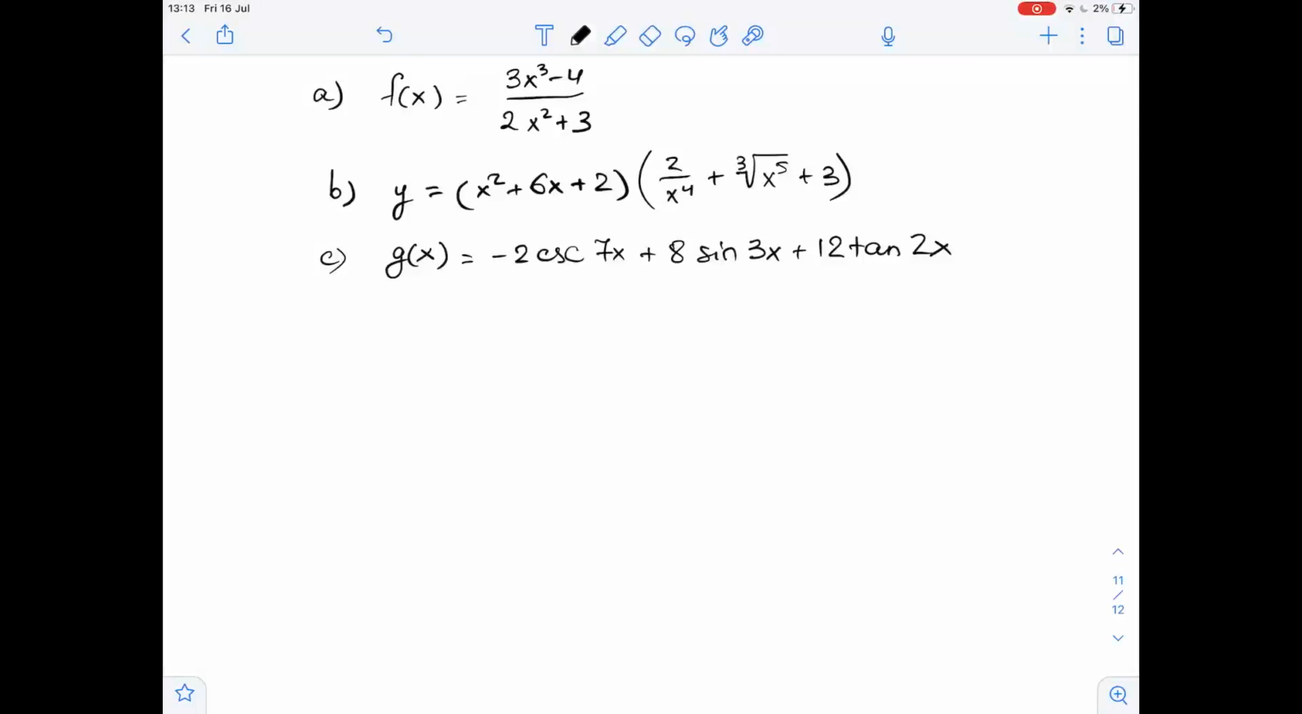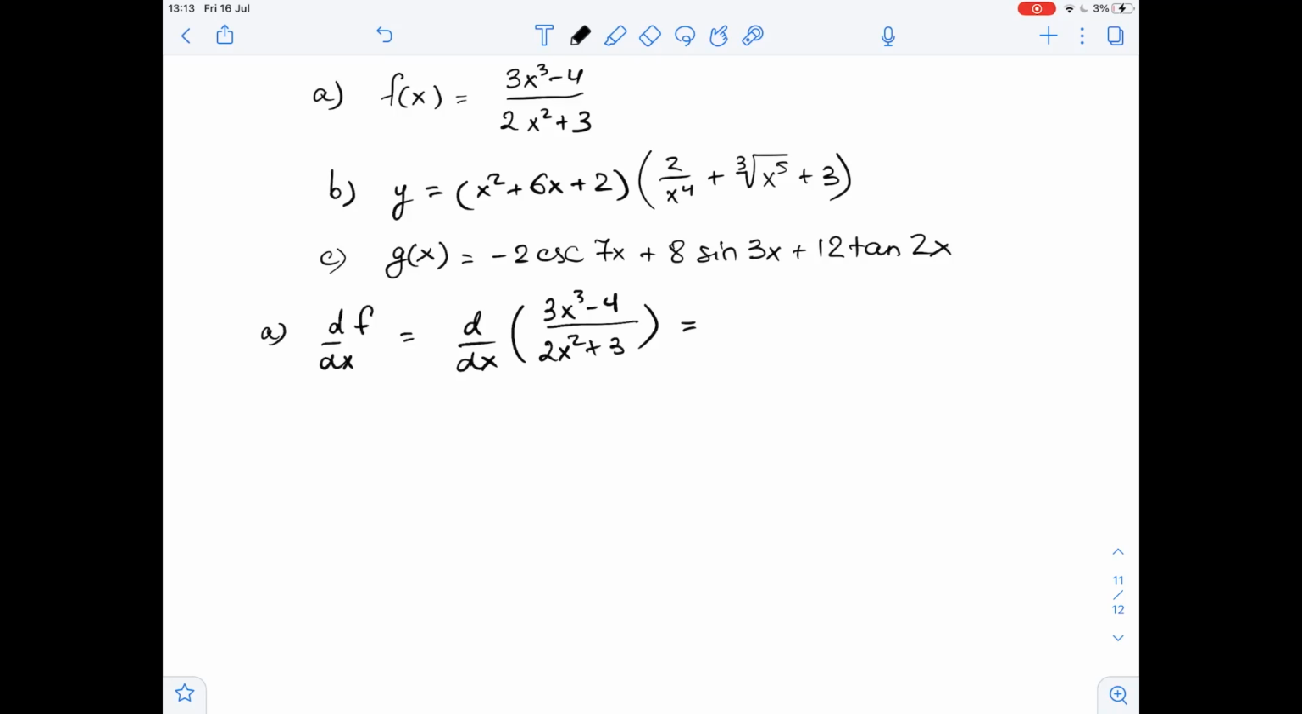So we need to find the derivatives of the given functions. Let's start with function a. So the derivative of f with respect to x equals the derivative of (3x cubed minus 4) over (2x squared plus 3) with respect to x. So here we will use the quotient rule of derivative. So this equals,